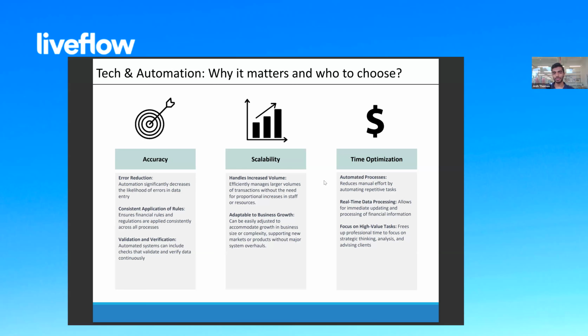All of this here, we have these bullet points and so forth, but that is the core of why technology is important. It allows you to get accurate information. It allows you to scale your practice from 1 to 100 or beyond, right? And it also allows you better bang for your buck, as I'll say, so that you can actually